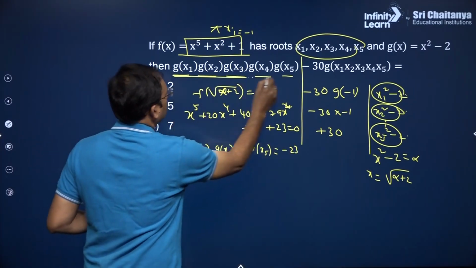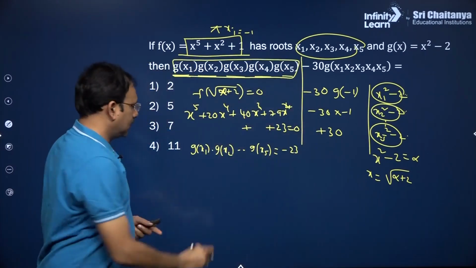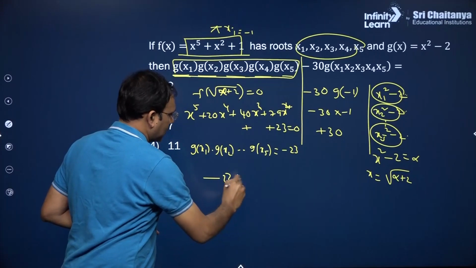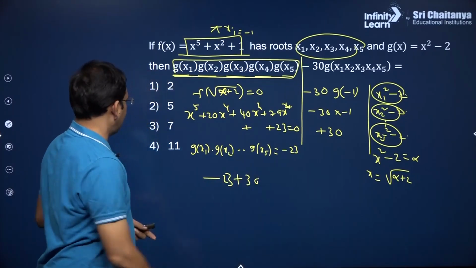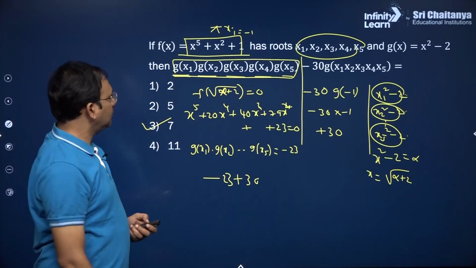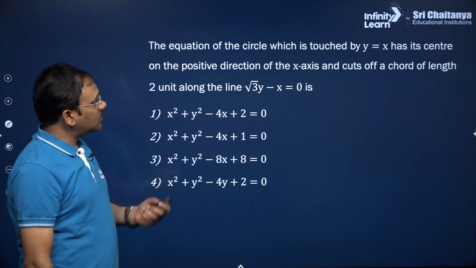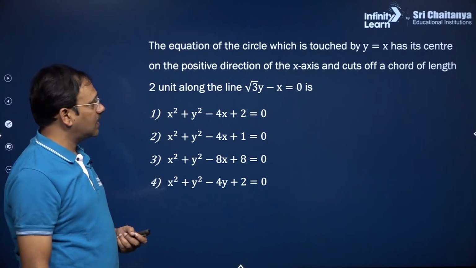So this expression value is minus 23, this is plus 30. So minus 23 plus 30 is going to be 7, my dear friends, 7 is the answer. Okay, right. Next, friends, the equation of the circle which is touched by y is equal to x has its